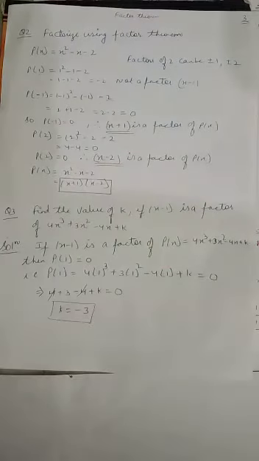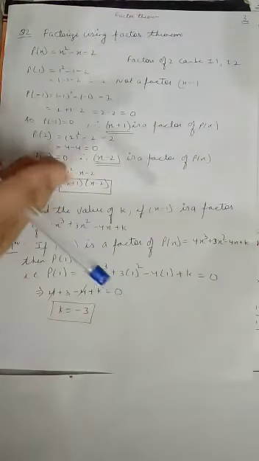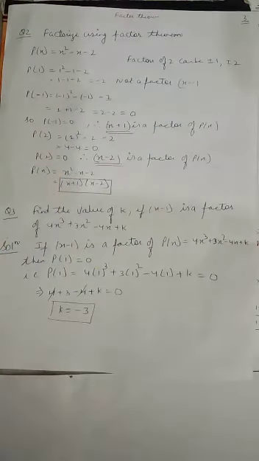We can apply this method to cubic, degree 4, and degree 5 polynomials, but it's a very lengthy process. So for quadratics we'll always factorize by splitting the middle term because it's the easier one. This method is by hit and trial. For cubics also we will find one factor by factor theorem, then we'll apply another method which we'll see in the factorization of cubic polynomials. Now again one more question on factor theorem.